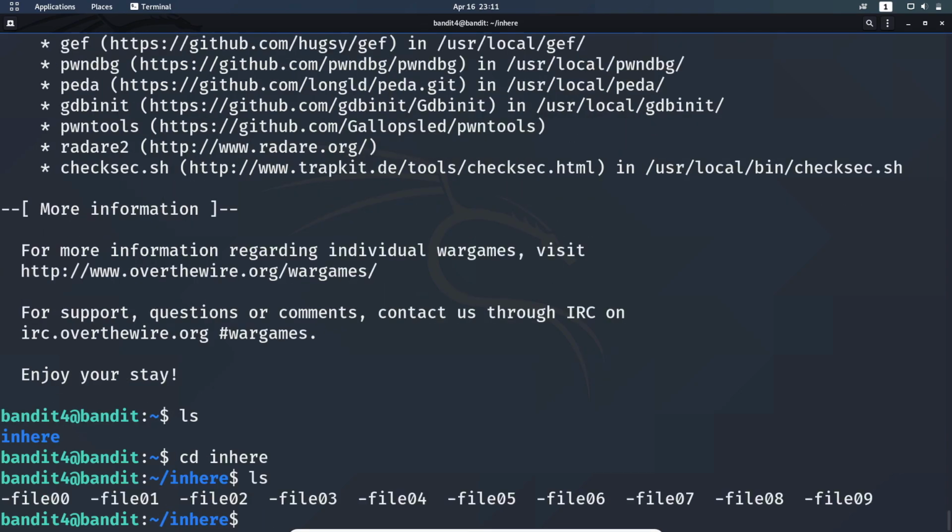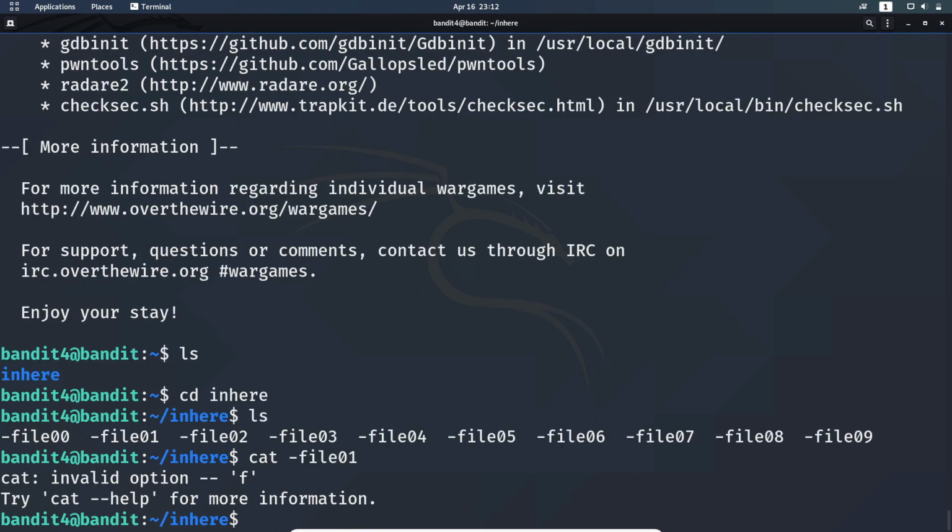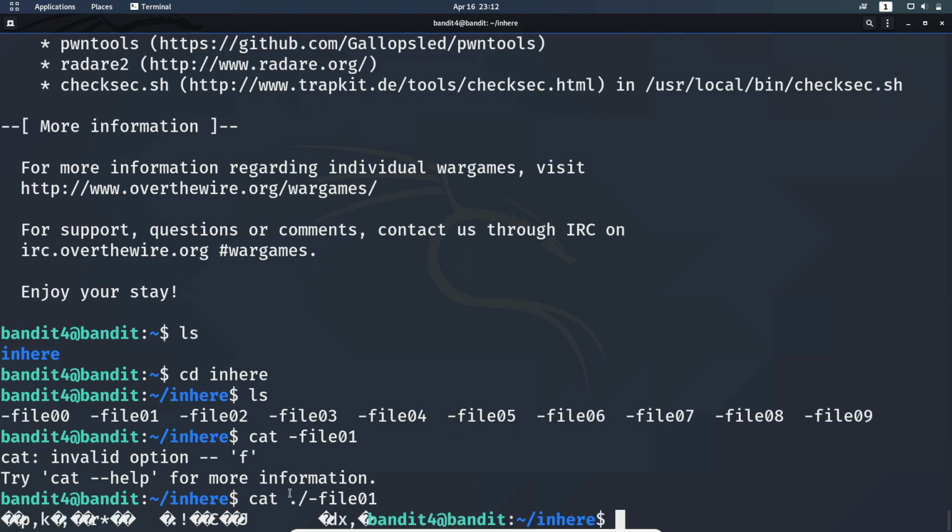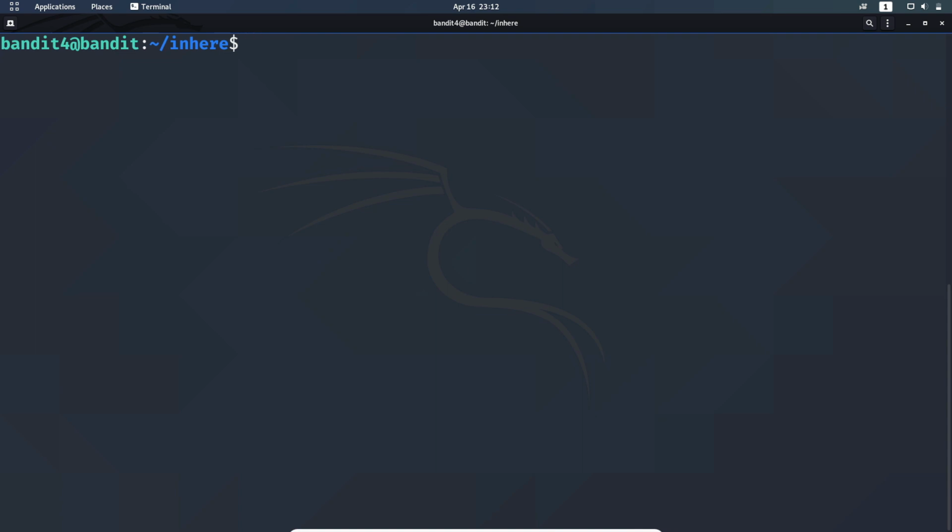Okay, we have a bunch of files now. We have 9 different files. So it will take time to open them one by one and see. Let's choose one at random. Can we find something? Okay, sorry, dot slash. Okay, it's random junk, so we cannot find it like this. To avoid wasting time, I can use the find command, or you can use file. So it's human readable, right?